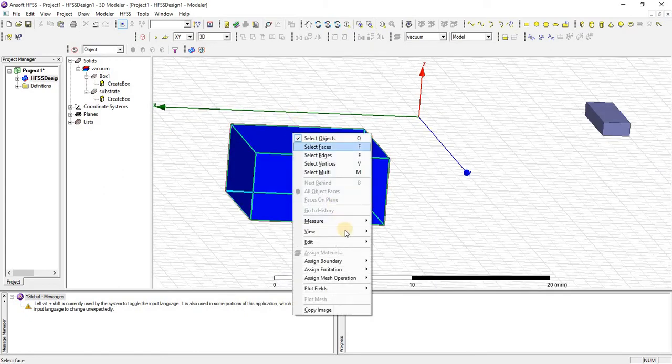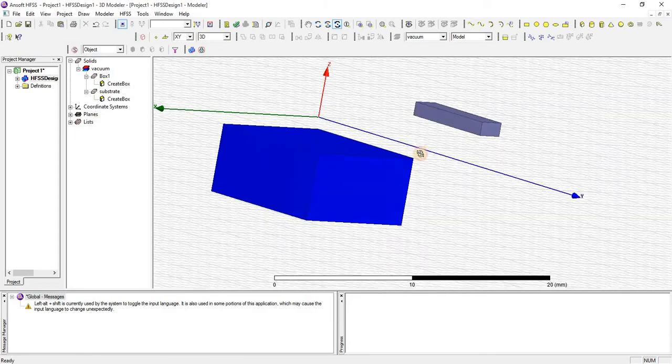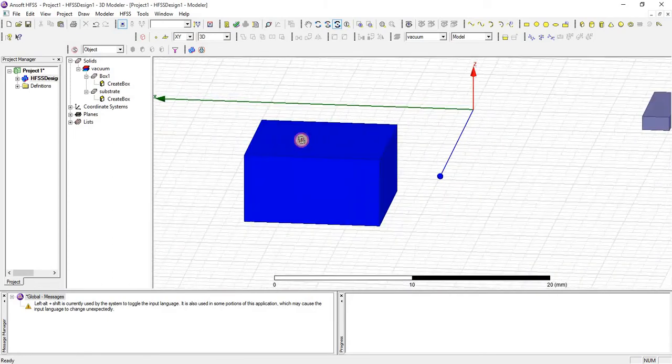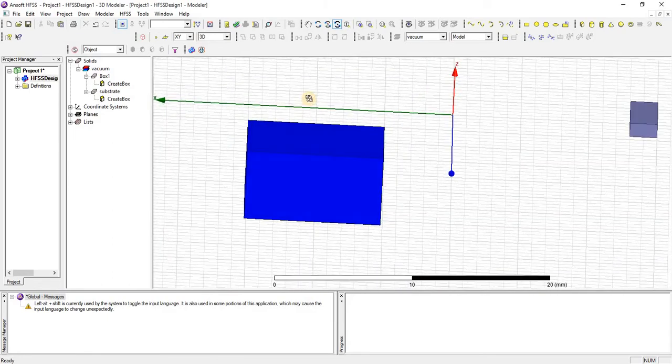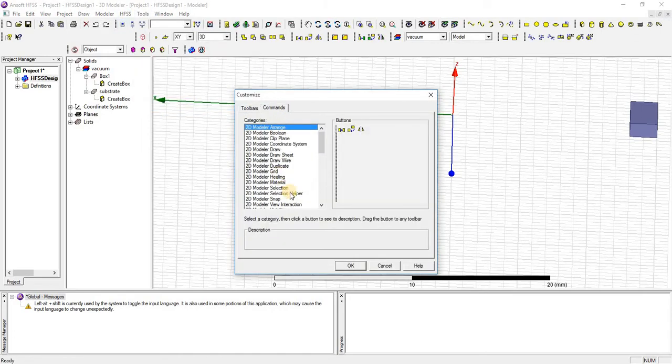And the third rotate command is rotate at screen center. And the next command works as zoom by dragging the mouse with the left button pressed.